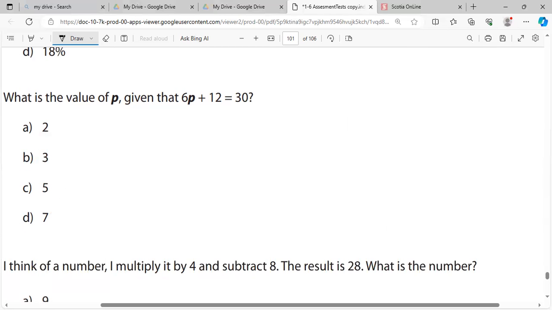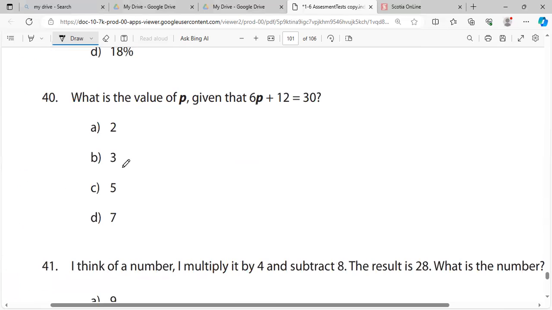Alright, let's move on to this one. It says, what is the value of p given 6p plus 12 is equal to 30? So 6p plus 12 equals 30. The first thing we want to do is take the inverse of plus 12, so we're going to minus 12. We're doing the inverse of everything that's happening. And of course, we have 6p, and that is equal to 30 take away 12, and that should give us